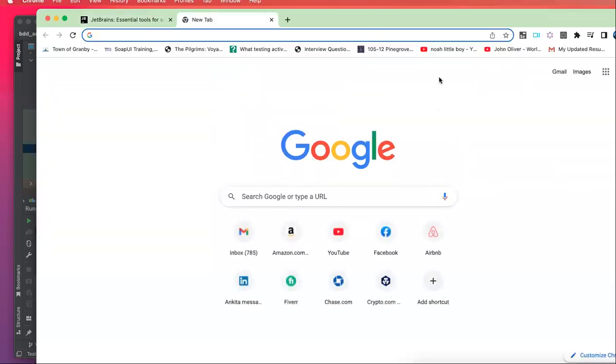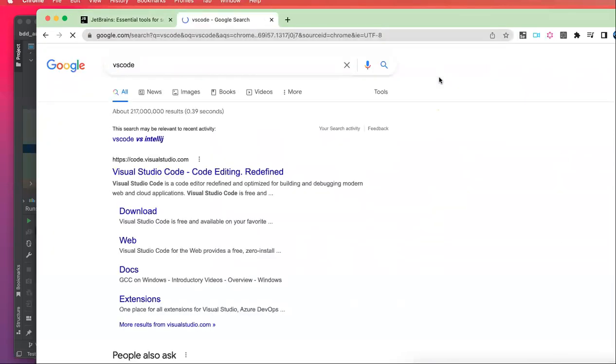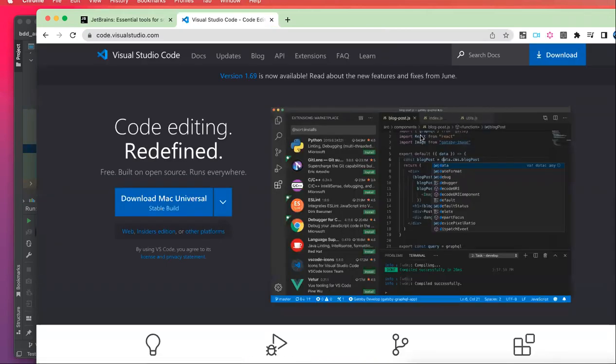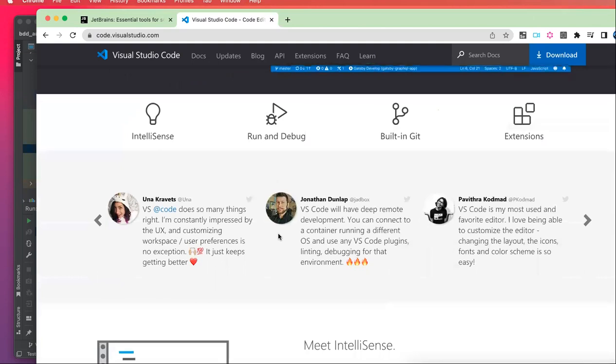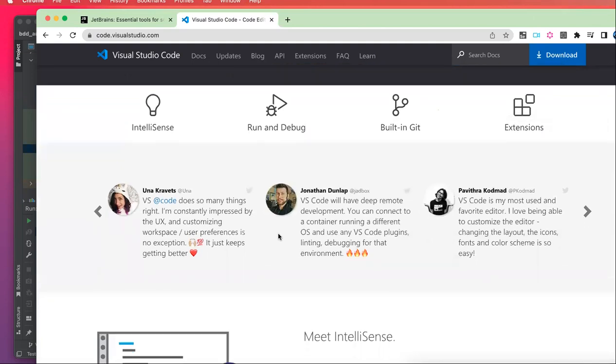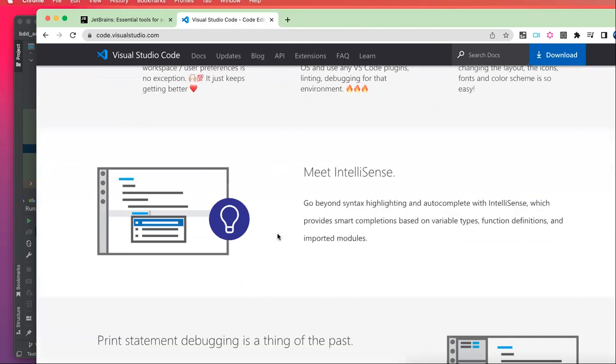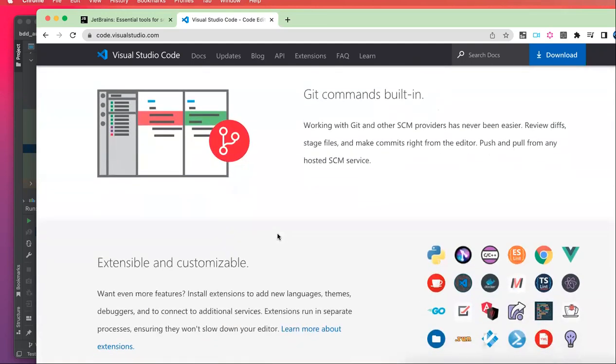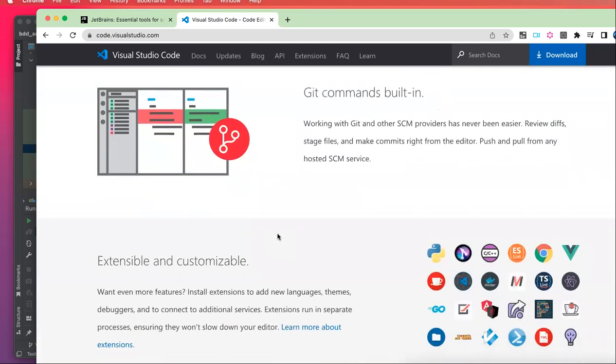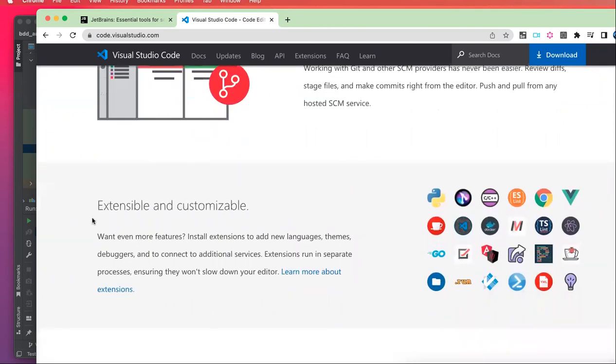The other one is VS Code, and I'm sure you guys know it. VS Code is free, but it can be a very powerful tool if you can configure it correctly. A lot of people love this IDE because they are able to make the configuration the way they want, right? Let's see what kind of